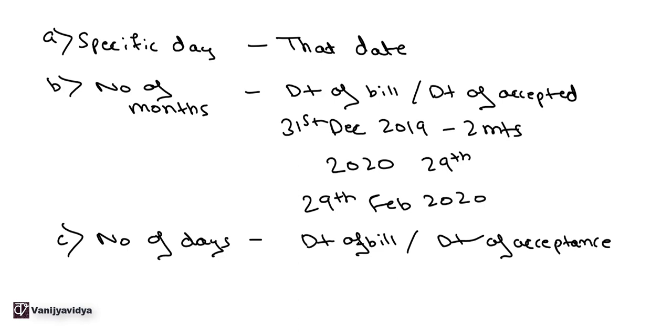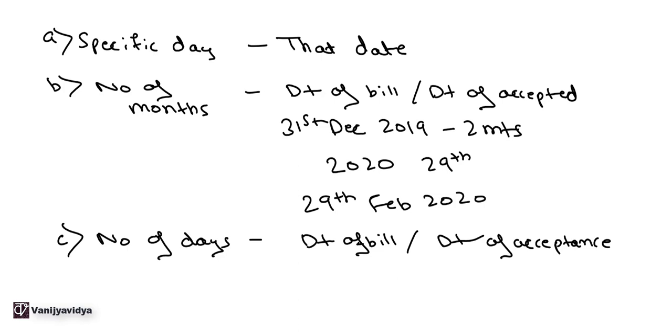Now say if the due date is a public holiday, then the preceding business day will be considered as the due date. Now if the due date is an emergency holiday or unforeseen holiday, then the bill will be due on the next following day. So this was about your bill of exchange, due dates, and how to calculate the tenure of the bill of exchange